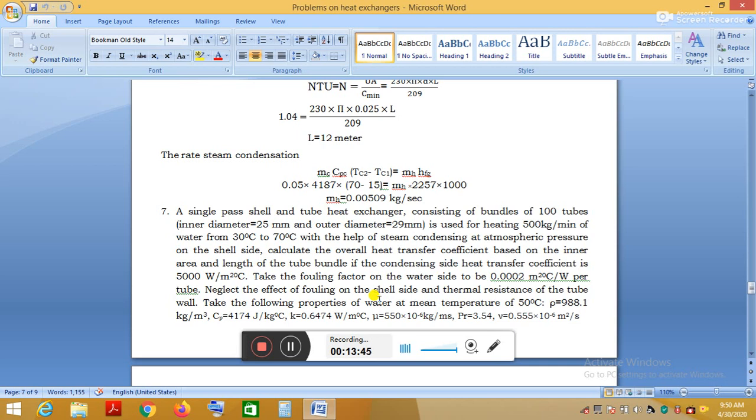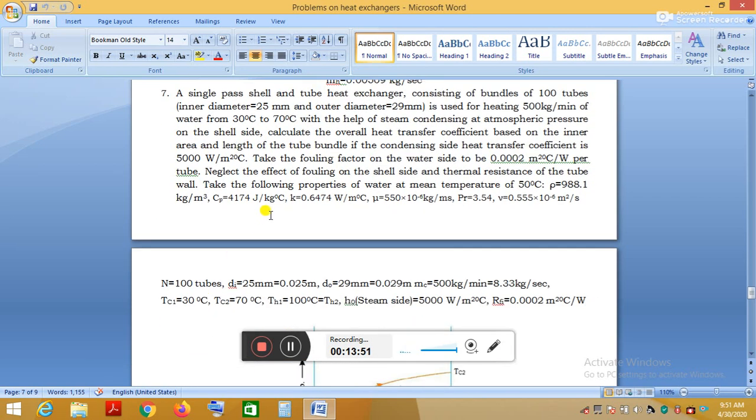5000 watt per meter square degree Celsius. Condensing side means here the steam is flowing through the shell and the water is flowing through the tube, the inner tube. He has given the value of h0 because the steam is flowing through the outer tube. He has not given the value of hi, meaning the water side heat transfer coefficient is not given. The heat transfer coefficient of steam is given, which is